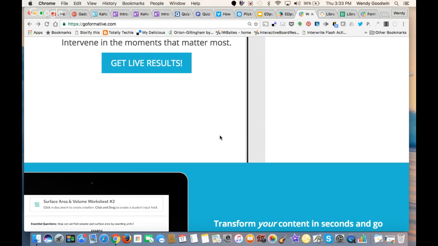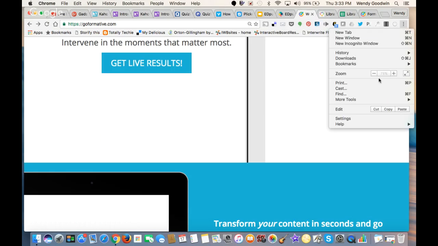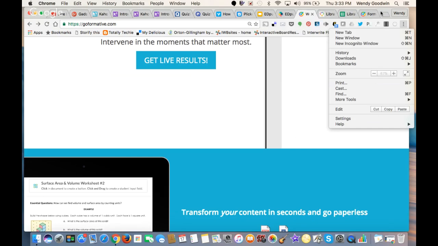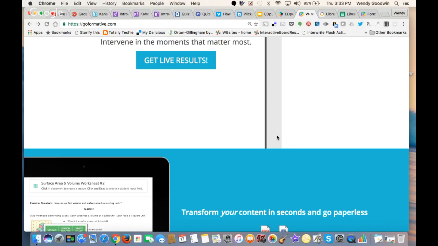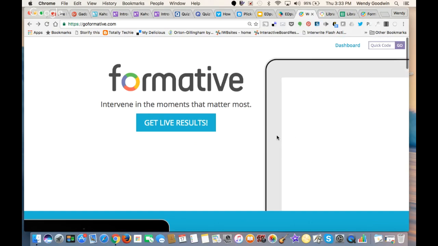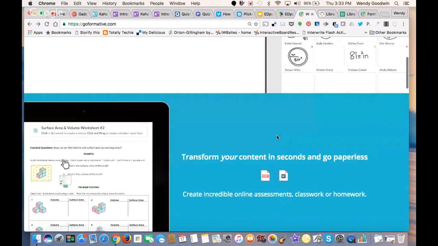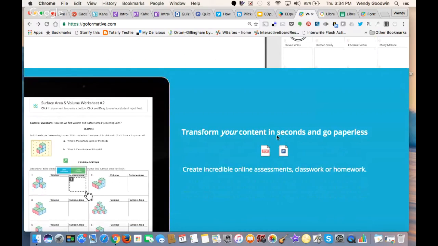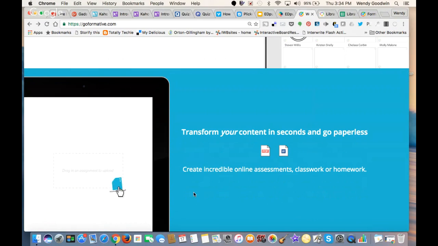I'm pretty sure Jamie Alexander at the high school did a presentation on this at Ed Camp. So those of you secondary people, especially those at the high school, she might be your go-to resident expert. The beauty of Go Formative is that you can upload your PDFs here, and then you can add content